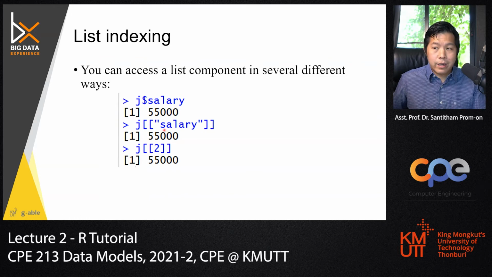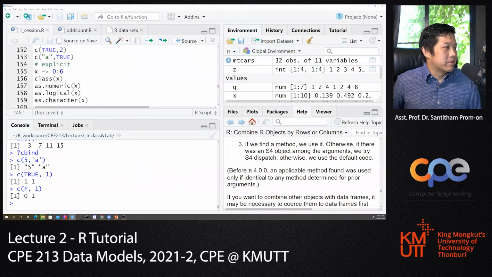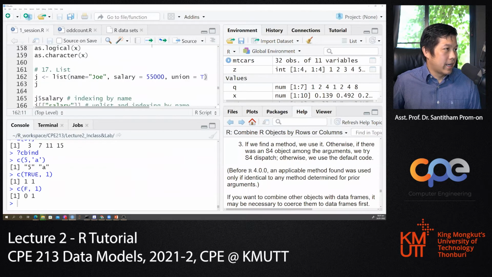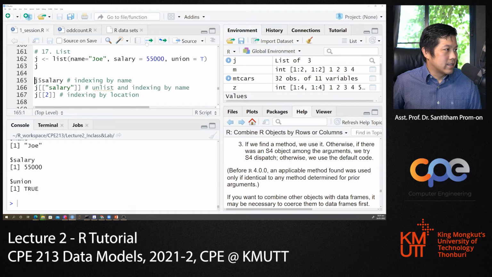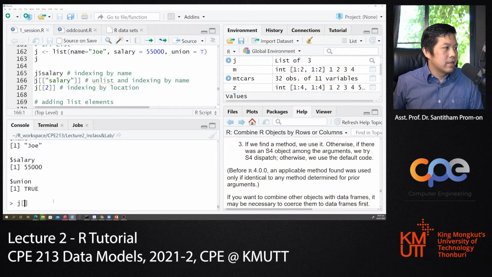Why use double square bracket? If you just use one square bracket, it means that you are accessing this list element. It will be a list inside the list. You get the list. We will try that. Let's say the list object here. This is J, right? You can index it by using the $ sign, or if I were to use J here and then access it only, say,